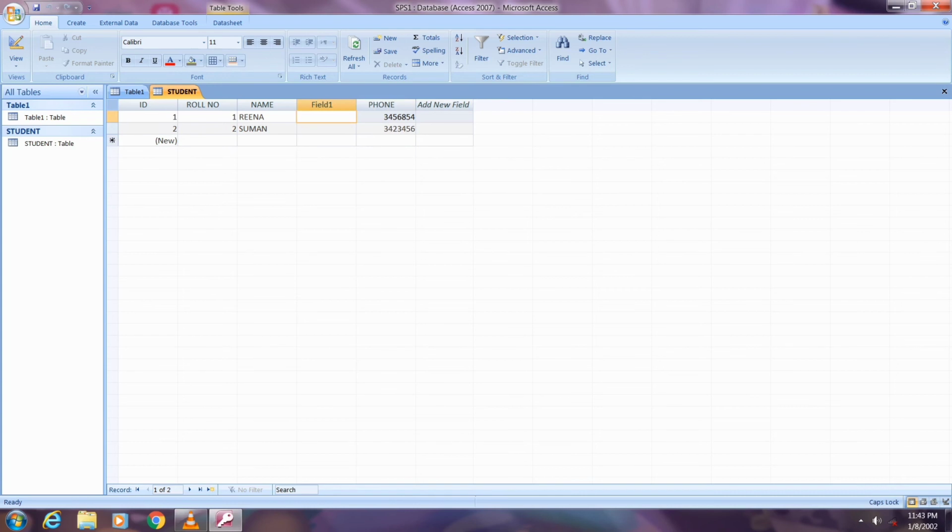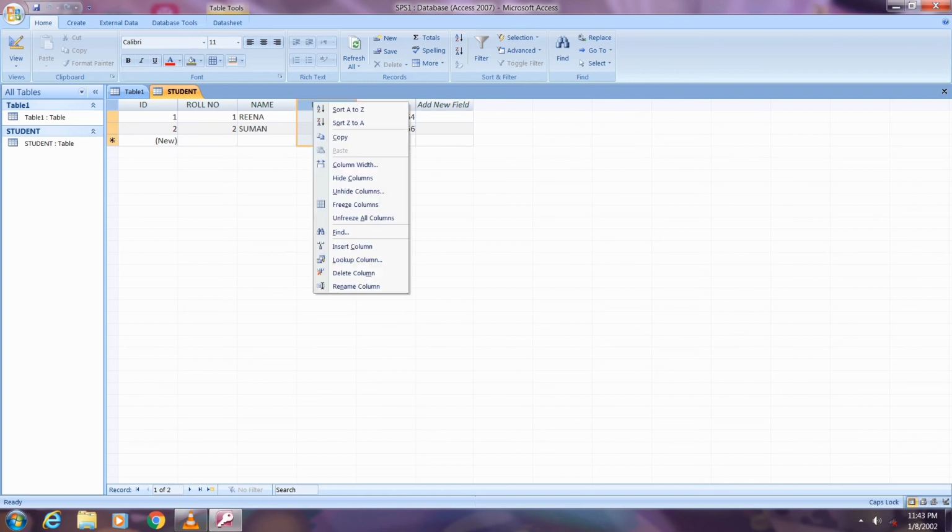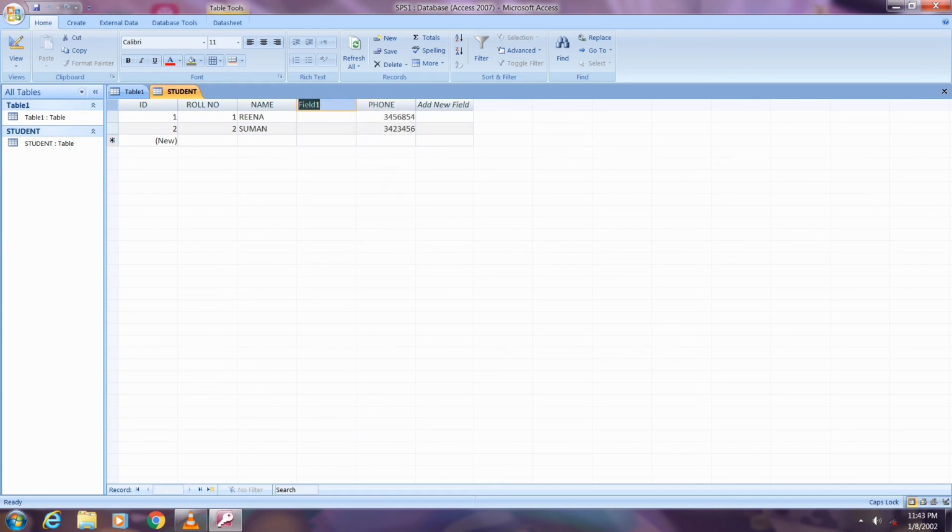You can rename it and add a new field here. Between name and phone number you have provided a new column. Then click here, click on rename column, and rename it as address. I have given the name address to this field.